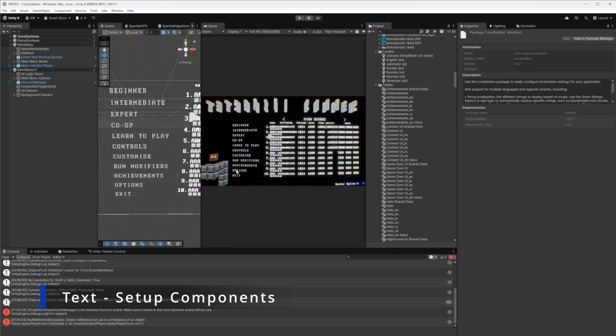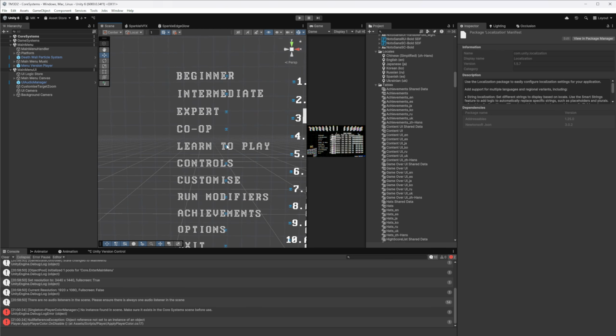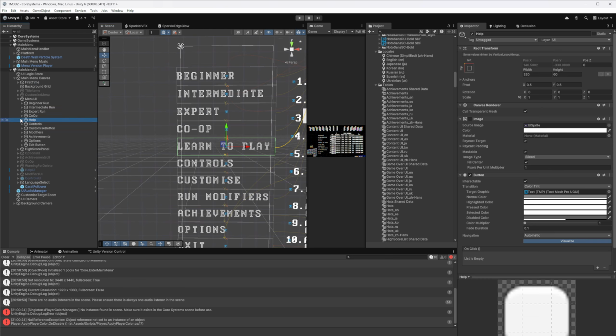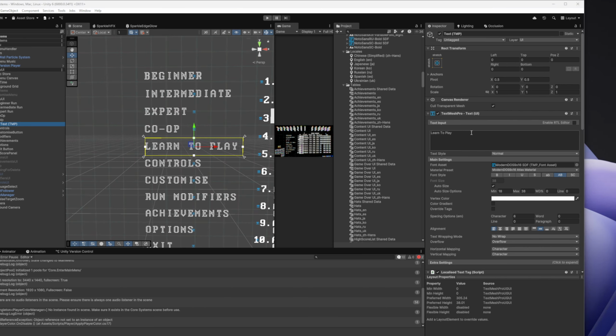So the next step is, how do we actually set up a text box to use localization? This is my Learn to Play menu item, and its Text Mesh Pro component is this Text Mesh Pro. You can see Learn to Play. This is what you would normally have in there. Now, with Text Mesh Pro, you now have, hold on, let me slide this aside because it's going to open up to the side. You can hit this little epsilon at the top right of the Text Mesh Pro and